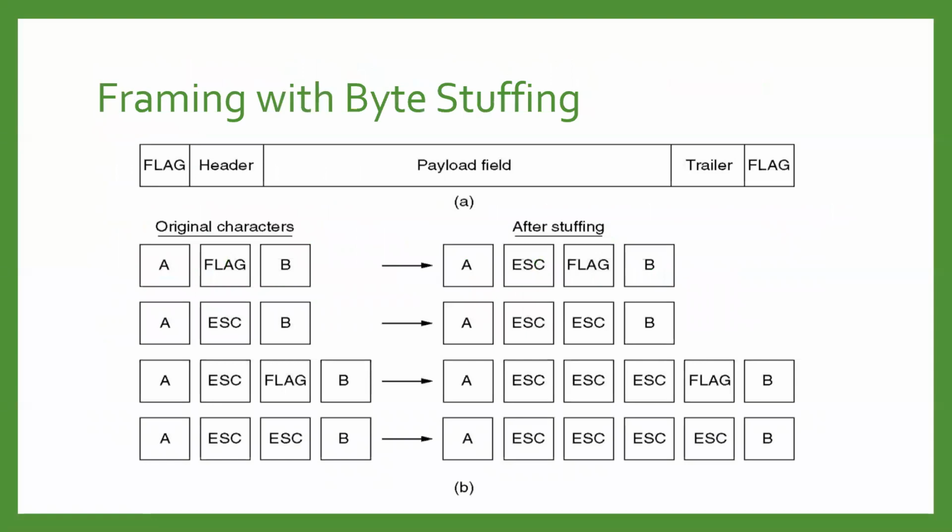After that, we have a second method, which is called framing with byte stuffing. The problem of resynchronization is recovered in this method by having each frame start and end with a special byte. In the past, the starting and ending bytes were different, but in recent years, most protocols have used the same byte, called the flag byte, as both the starting and ending delimiter. If you look at this diagram, we know the frame format is header, payload, and trailer. But now we start and end the frame with the flag byte, so that the receiver can identify which is the starting one and which is the ending one.